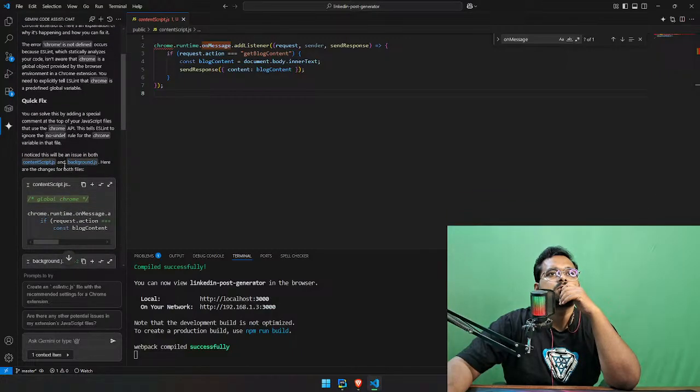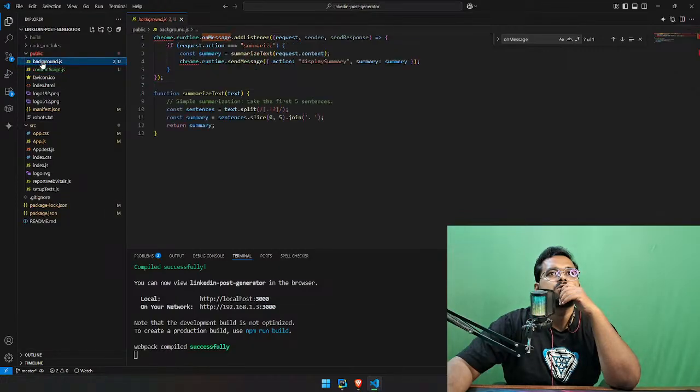I noticed there will be issues in both content and background JS. Here are the changes to fix it. So I don't need content JS here, neither do I need